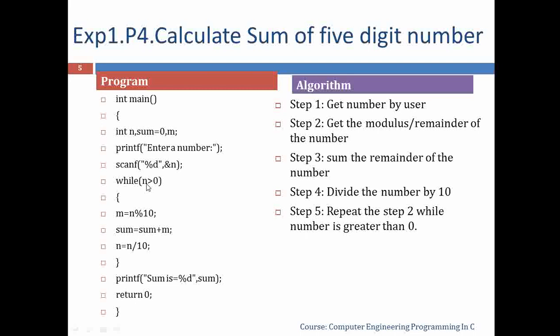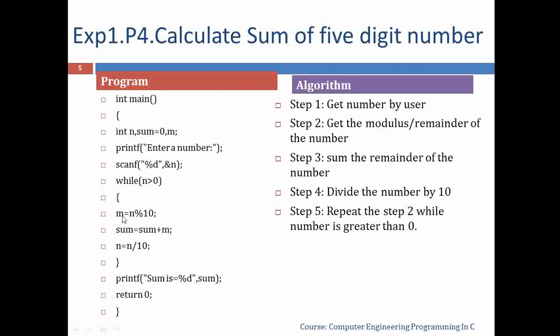This is the repetition of task. By using while loop we repeat the task again. When this condition is true, then repeat. When condition is false, then execute the false statement. So here n value is a 4-digit, so we go here, n having a 4-digit number. If it is greater than 0, this condition is true.